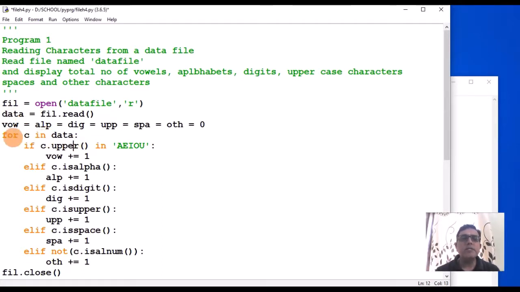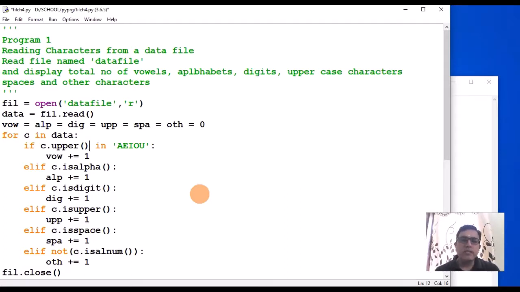How to process this string now? For C in data, so one character will come in C from data until it processes all the characters saved in the data. First time the first character will come in C. Then you are checking if C.upper(). Why have I given C.upper()? Because here I will be counting lowercase vowels also and uppercase vowels also.